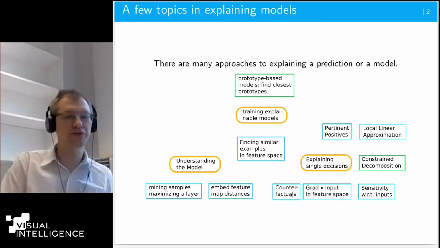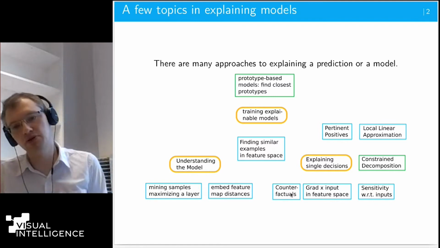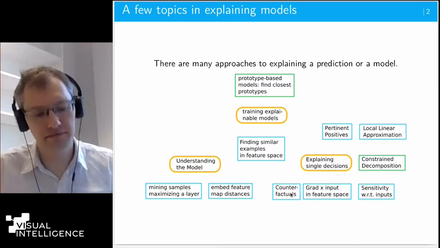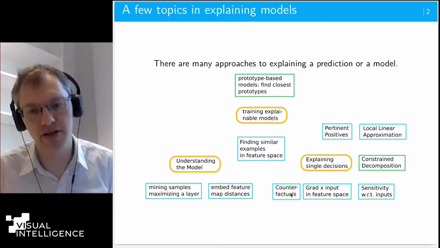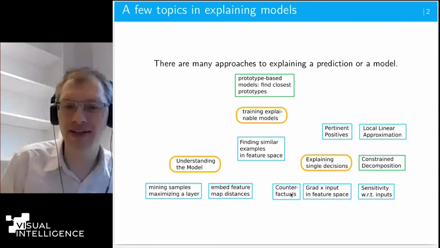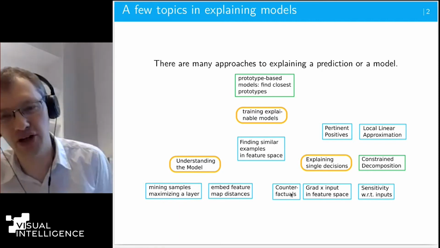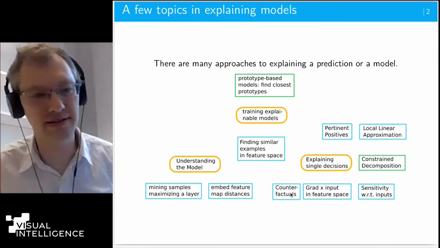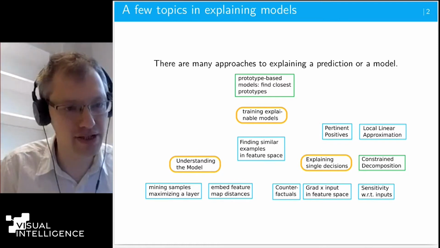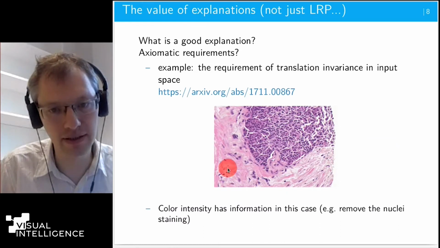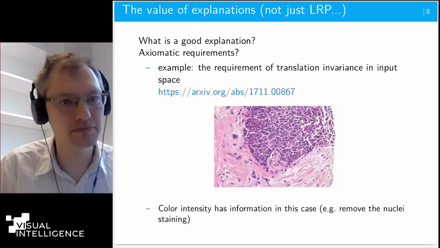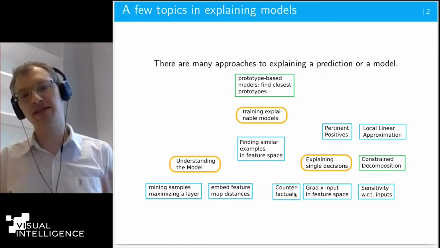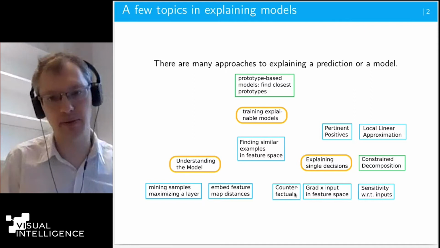This can be useful for some applications and maybe less useful for others. For example, if I take a binary classification problem, cancer or no cancer, I start with no cancer and I try to look for counterfactuals. There are many ways how I can take one slide of something without any cancer, like, for example, the region here, and there are many ways how I could add cancer cells to that to switch the prediction. So that's not necessarily something unique, but sometimes that's something useful.